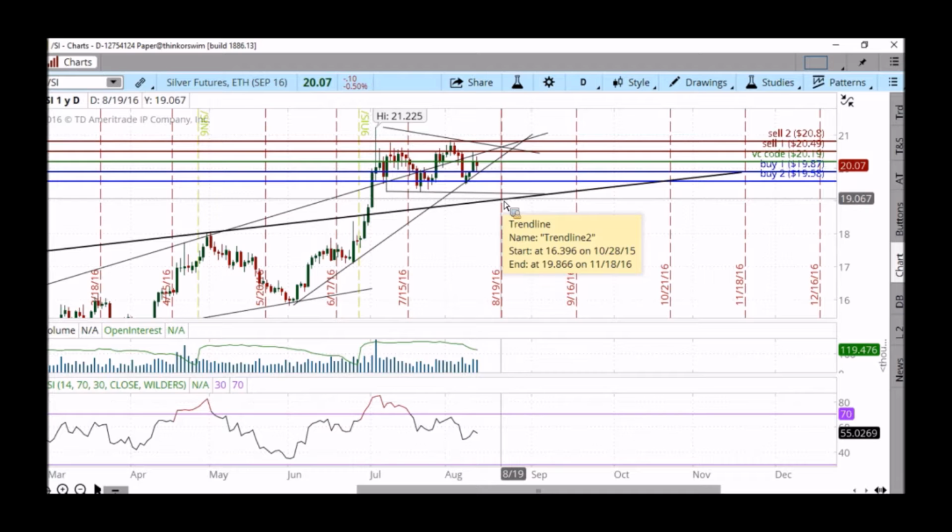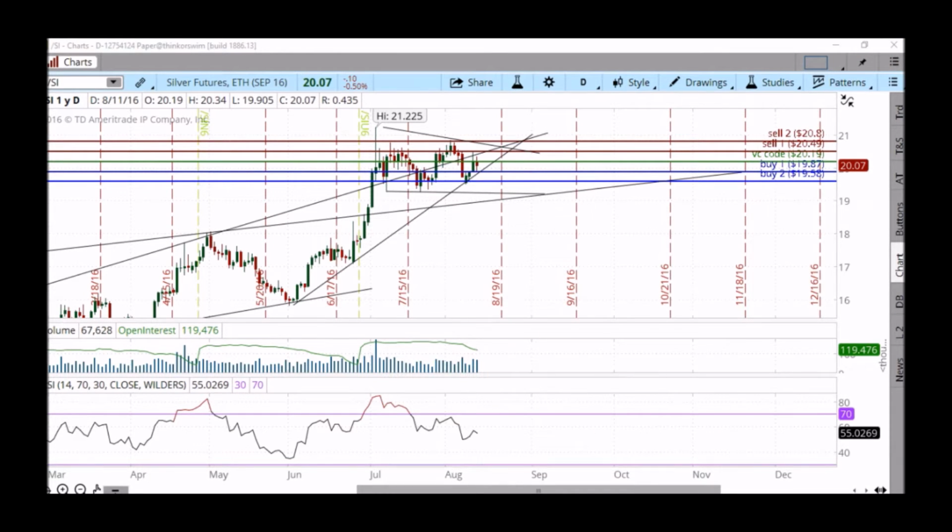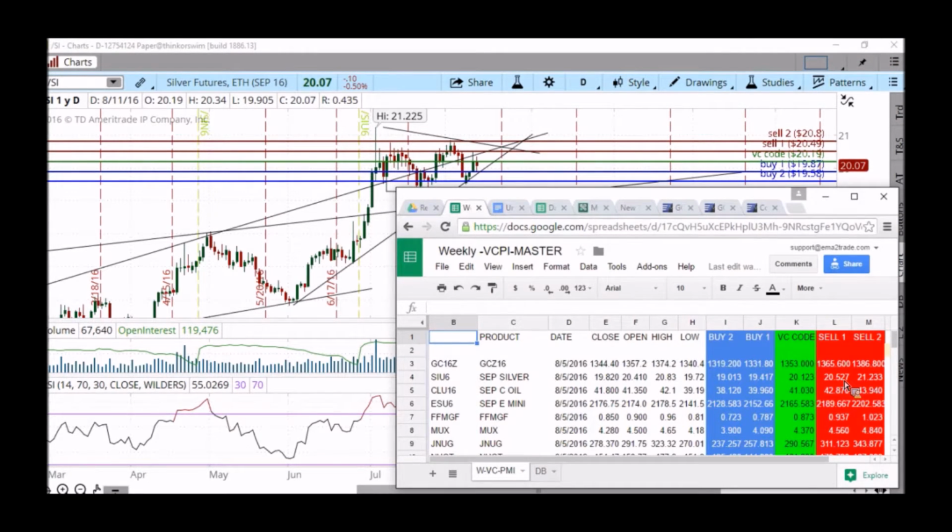Now, if for some reason the market does go into a correction, this is going to be probably, in my opinion, one of the last opportunities that you may have in buying at these levels. The market is tremendously undervalued to its mean. And the only reason why we are suggesting at this point that we take some profits and be cautious and defensive is because we have accomplished our targets. If we come down to that 1940, 1950 area, all the way down to 1901, as you can see here on the weekly swing indicators that we provide a week before,